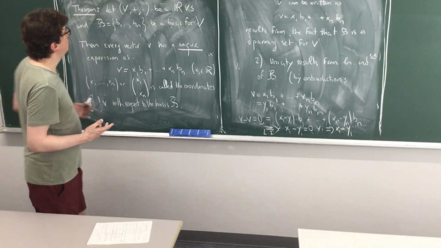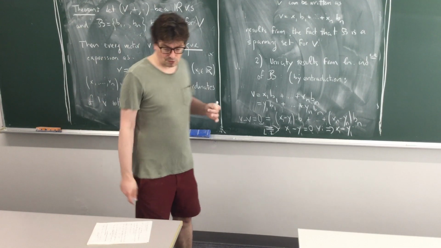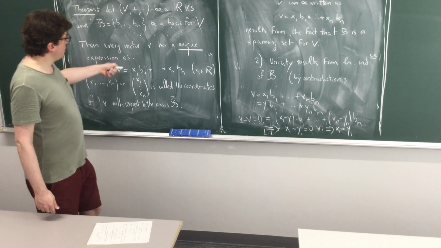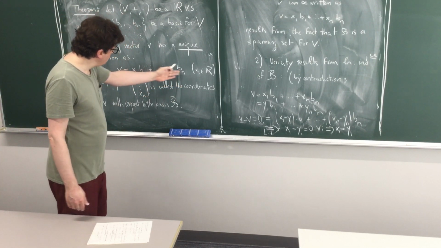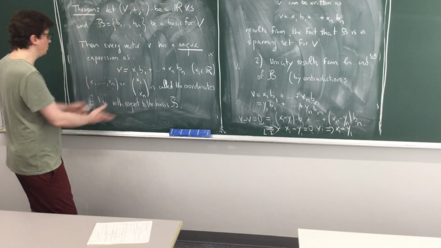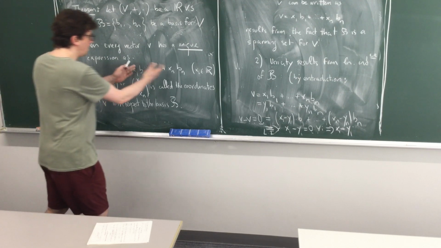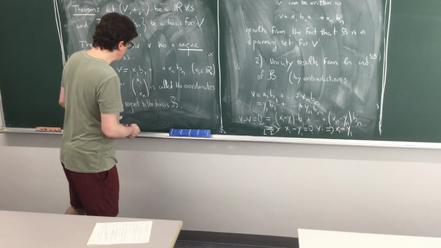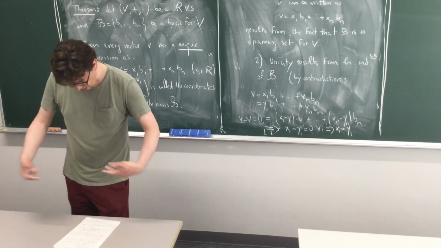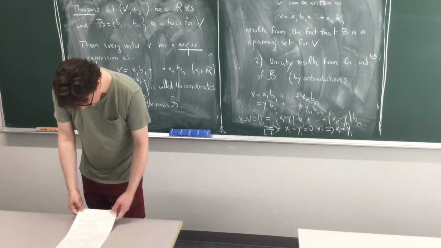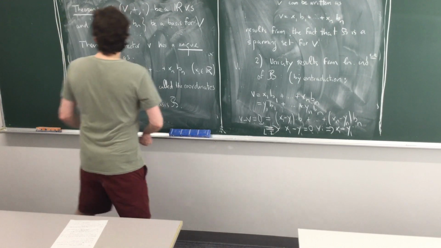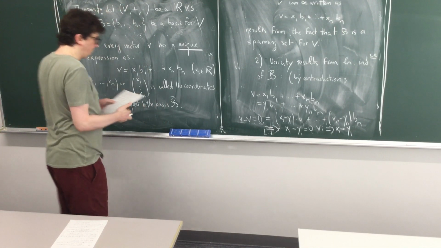So remember, if you have the two conditions satisfied for a set in a vector space, then you can write any vector in a unique way as a linear combination x1 b1 plus ... xn bn, and you will call the scalars x1, ..., xn the coordinates with respect to this basis. Be careful that you can have several bases, and then you will have different coordinates. Let's call this theorem 1.